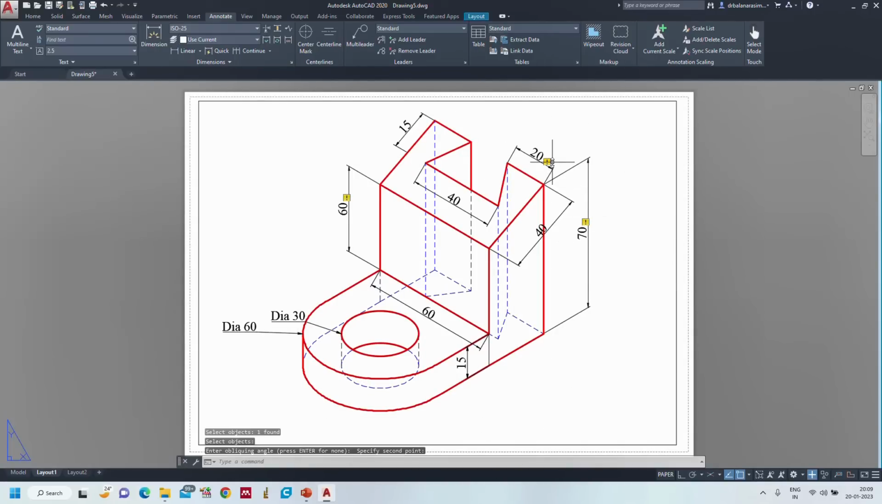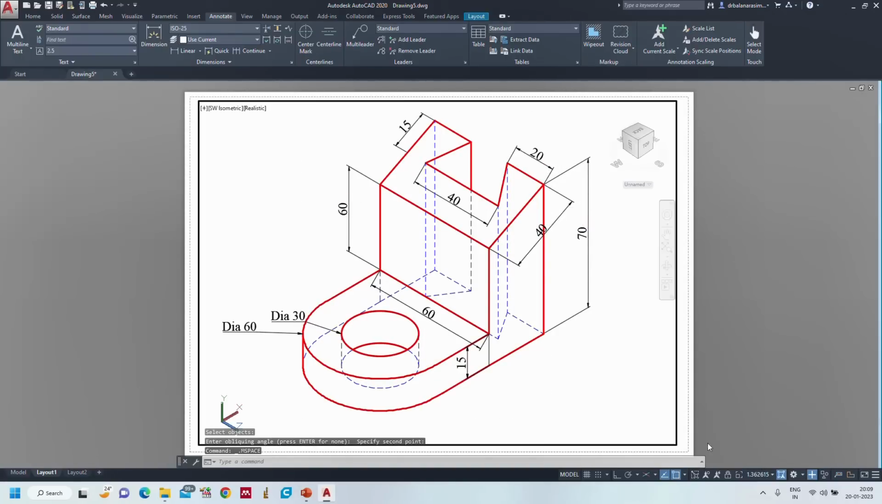As I said in the previous tutorial, these are the reassociate dimensions. To overcome this, just click on the paper, it will disappear, that's it. So now